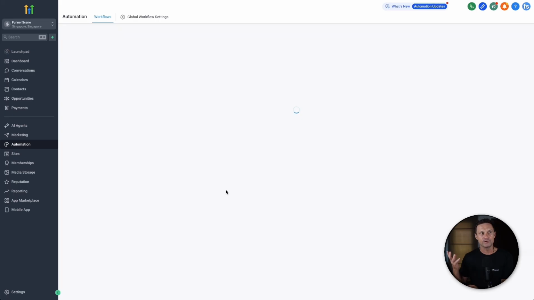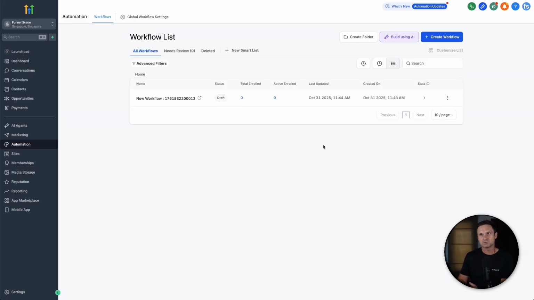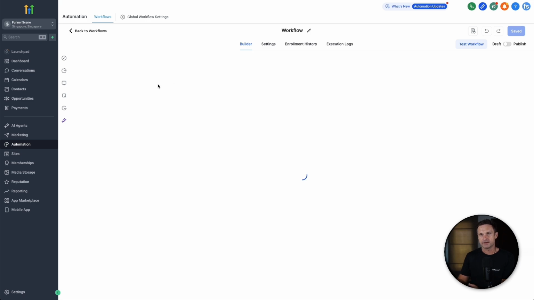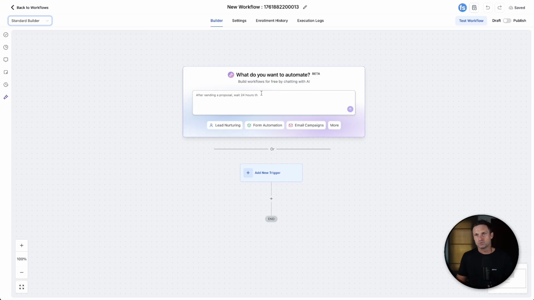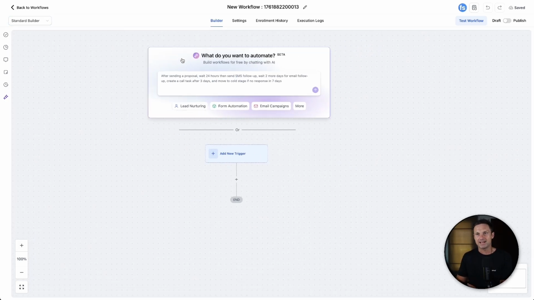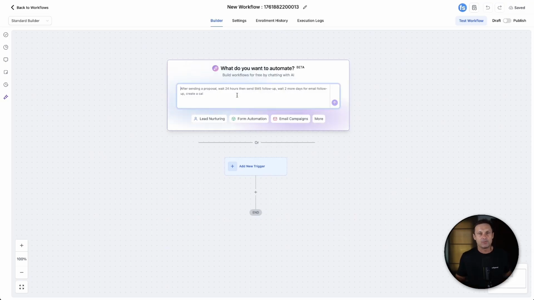Consider it like taking over Make or N8N. This is what you can basically do inside of it. I'll quickly show you what it looks like. Here's one I just played with before. So inside of the workflow builder, we have first of all this standard builder. This is the old one they had. It's already got workflow AI integrated in it. So just type out what you're trying to do. Like after a lead form, I want to notify X person. I want to tag them with this. I want to send them an email saying XYZ. It's going to go ahead and build it for you, right? It's like Zapier inside of GoHighLevel.